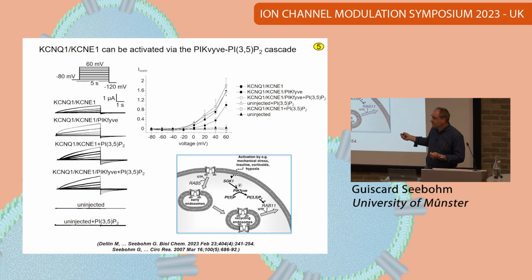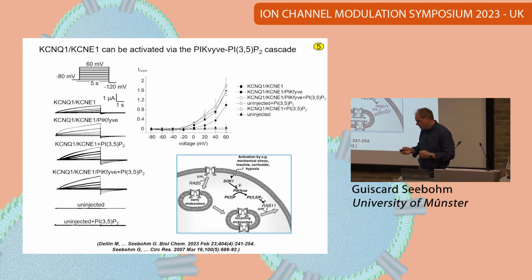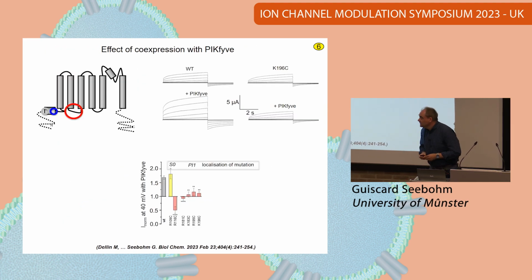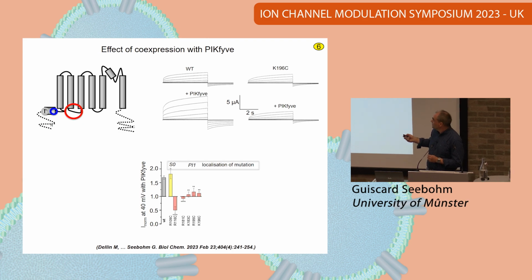Overexpression of just this kinase generates this PIP2. We can increase PIP2 and use it as a much easier assay. So we did this, and this is what you get. And when you then knock out key residues for the PIP1 site, where the other PIP2, the 4,5, binds to, you can see you can also completely knock out the effect of this kinase, of this PIP2.